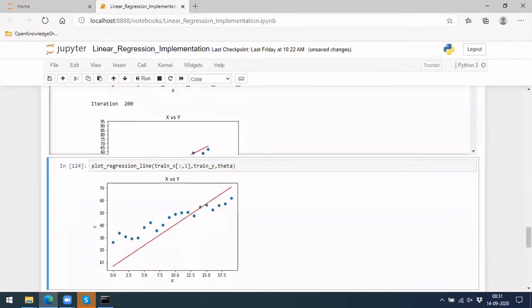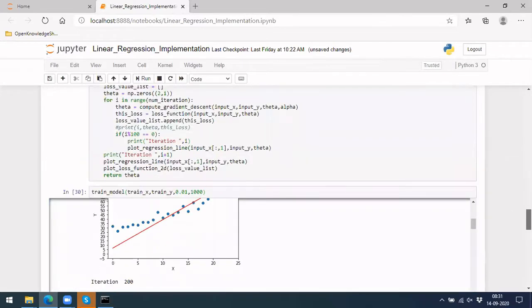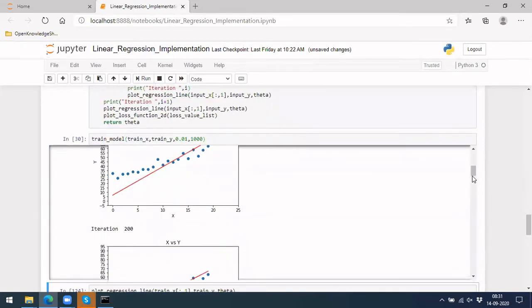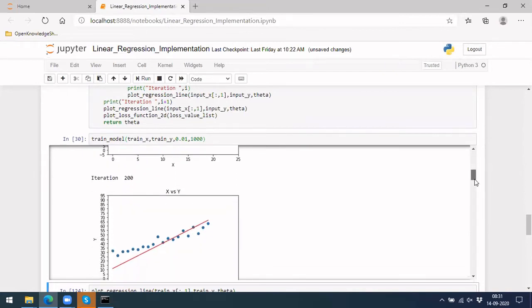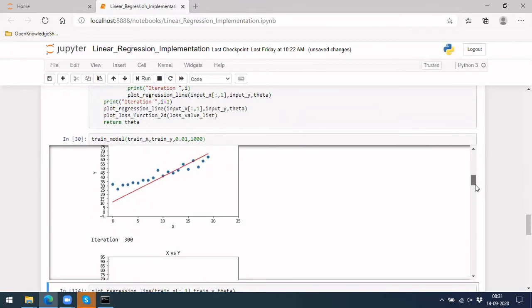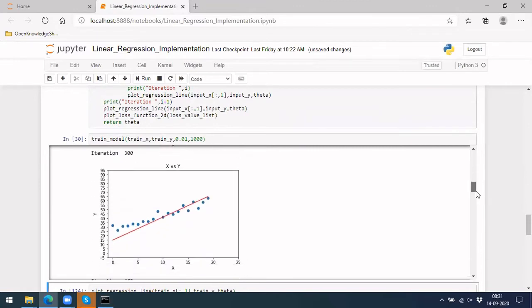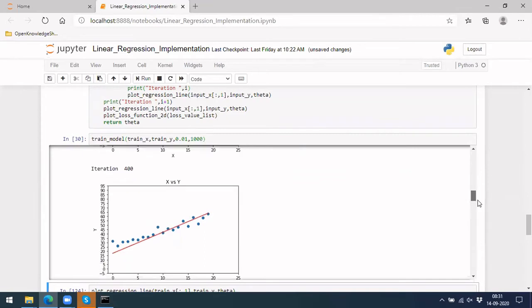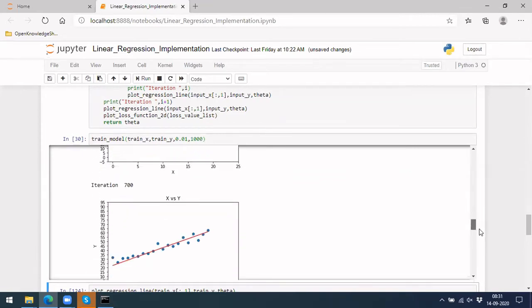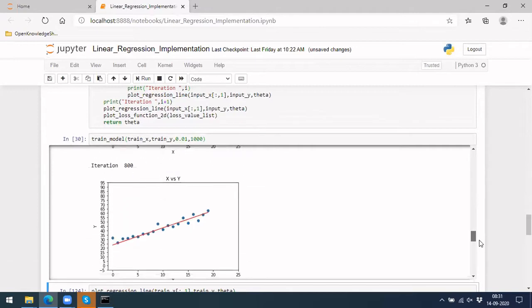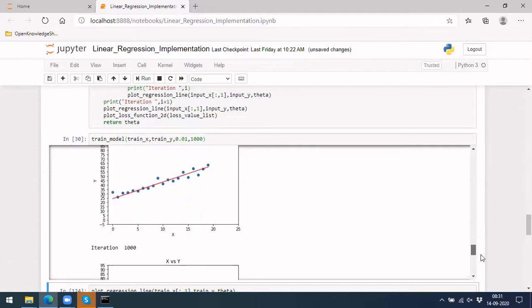Here we are fixing the x-axis and y-axis, where they should be. Now we can see some change. If you can see, the red line is now moving towards the dots. After 400 iterations, 500, 600, 700, 800.